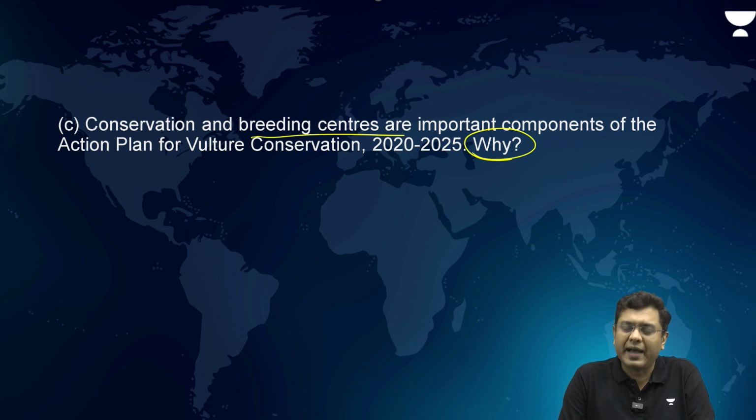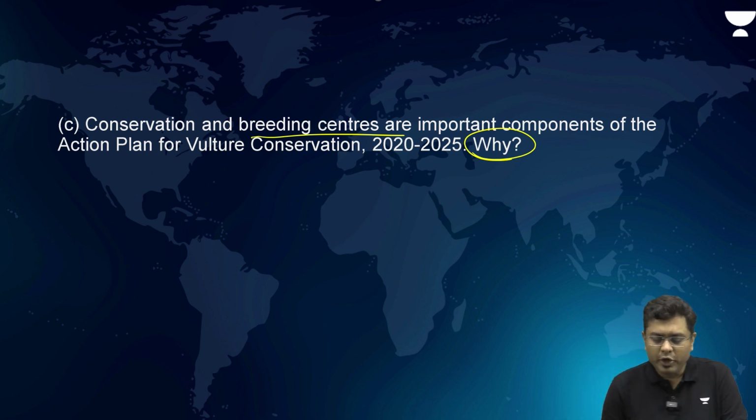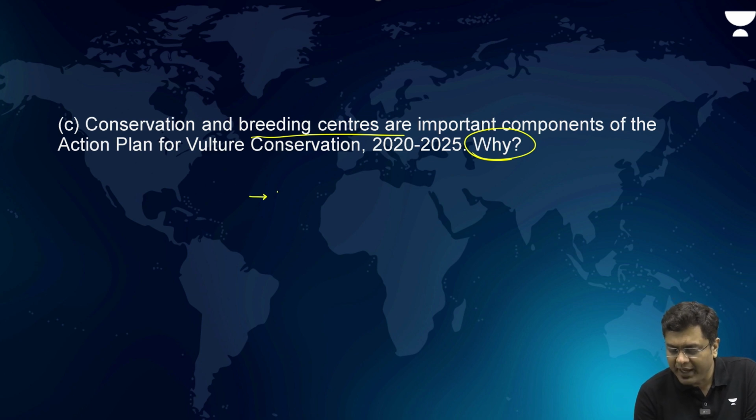Now, breeding centers have been established, vulture restaurants have been established. This vulture restaurant was in news, the recent one being established in Kodarma in Jharkhand, that was in news this year. Now, these vulture restaurants, they serve as the protected or the conservation areas where they get adequate amount of reliable food supply without any particular kind of adulteration, right? And the breeding centers, in order to ensure that there is a genetic variety of vulture which is also sustained and is resilient. Okay. So, here first of all you have to talk about the threats,